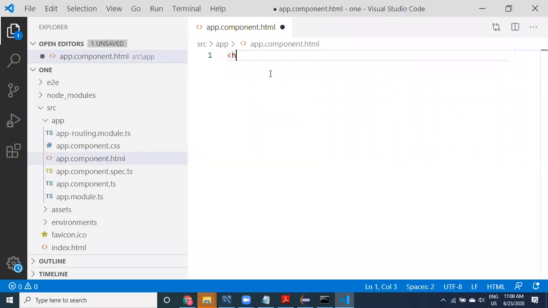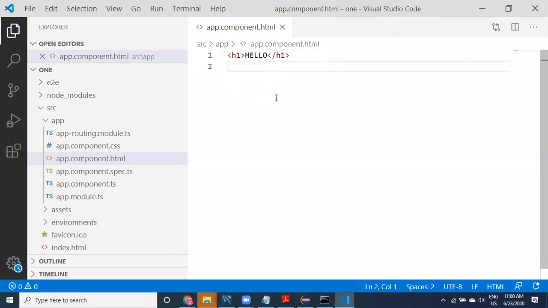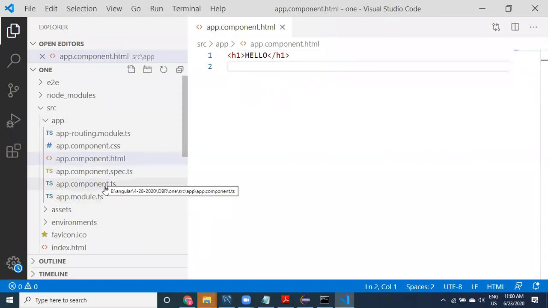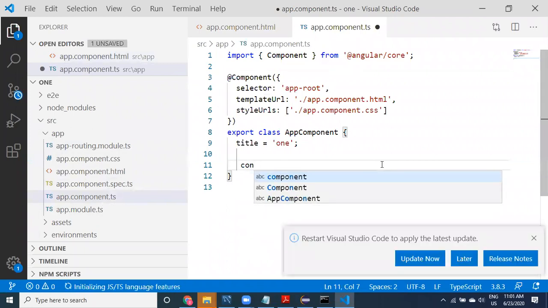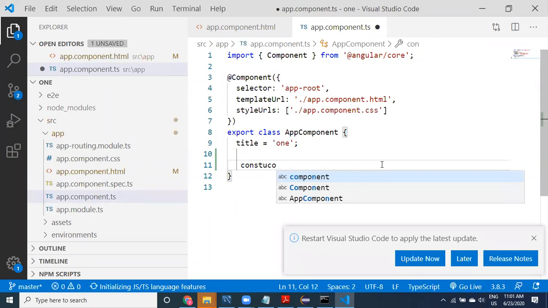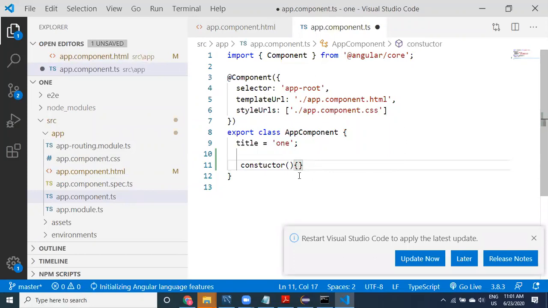Now let me open app.component.ts. Here what I want to do is, within the constructor, or ngOnInit, create something.